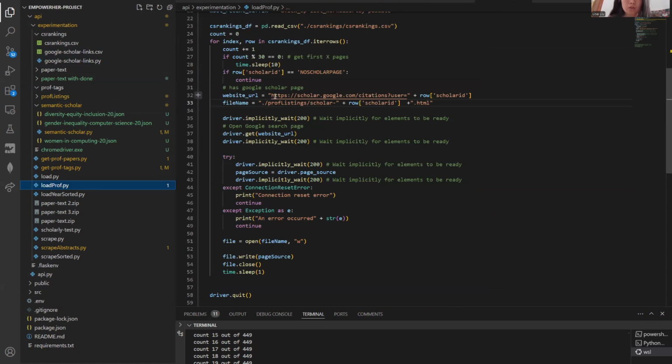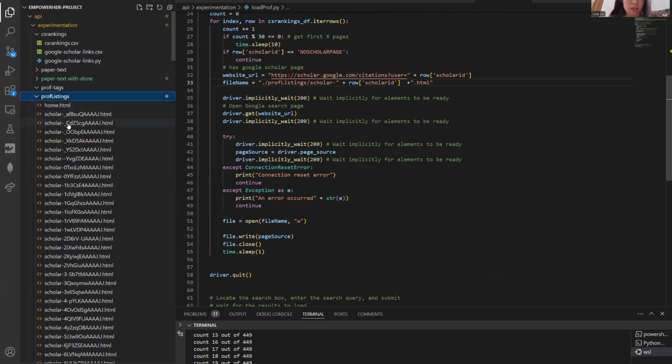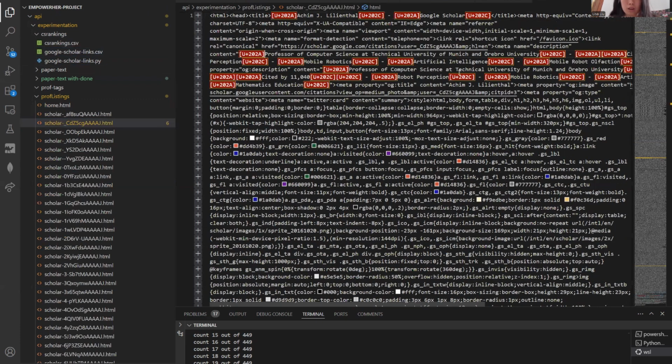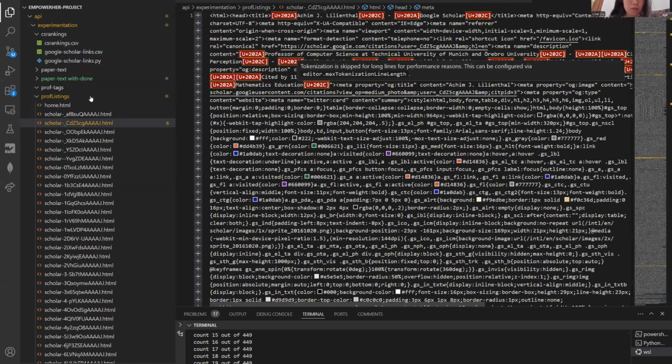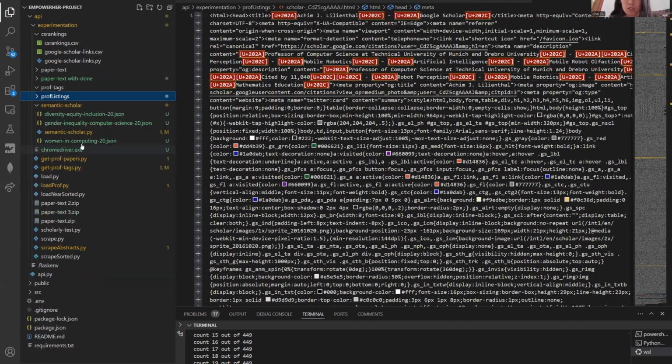So we would open this URL, and then we would save all of the HTML content of that file and download it here locally. So for example, this would be for a professor of computer science at a technical university in Munich. And then using these downloaded HTML files,